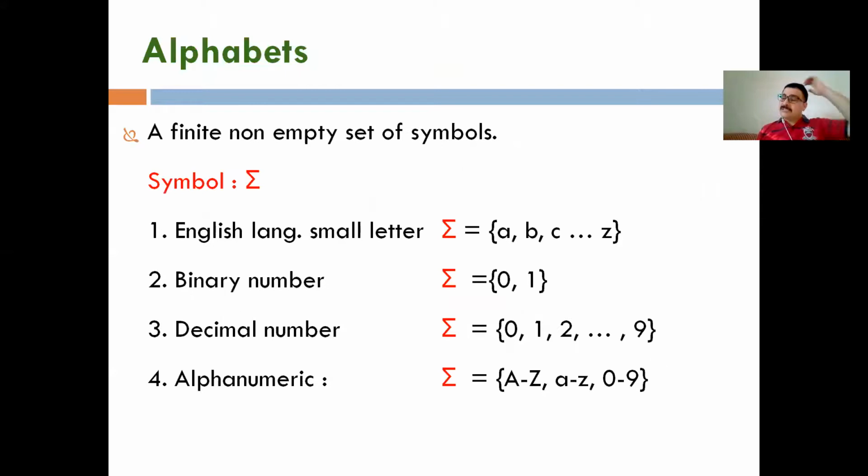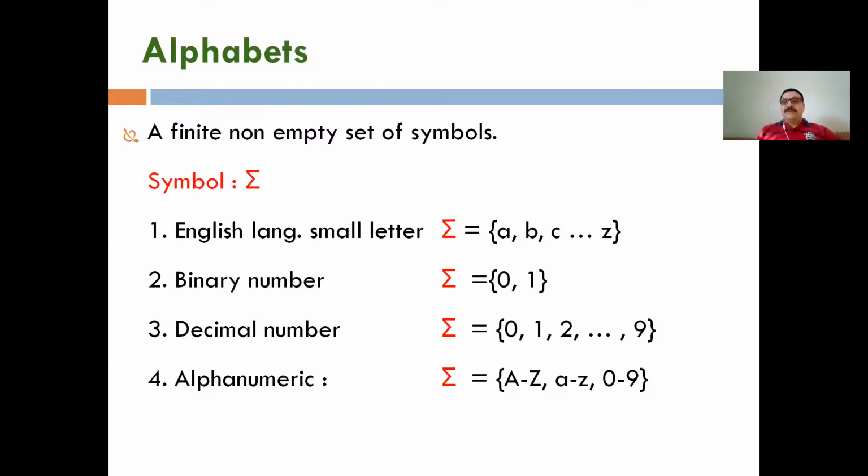And these are the basic terminology that can be used, that is very essential to understand the working of this automata. So the first one is the alphabet. Alphabet is a finite non-empty set of symbols, for example in the English language, the input alphabets are small a to small z. For the binary number, the alphabet can be considered as 0 and 1, and for the decimal number it can be considered as 0 to 9.